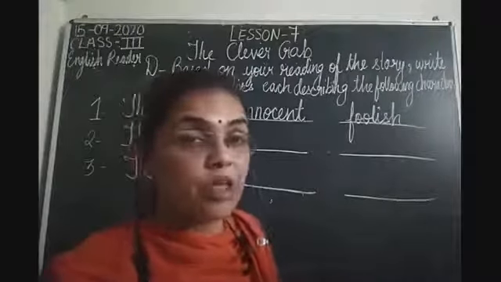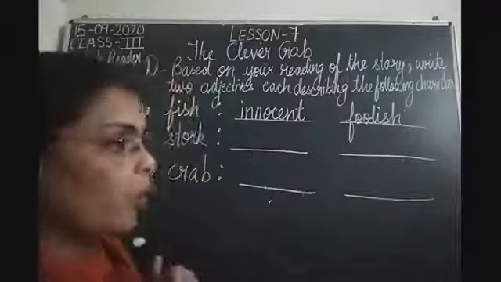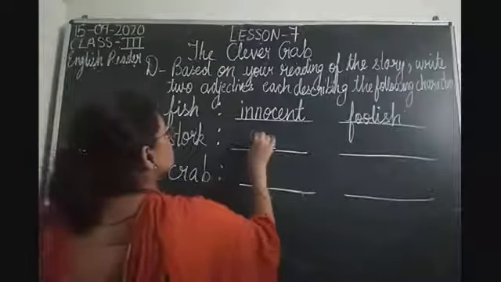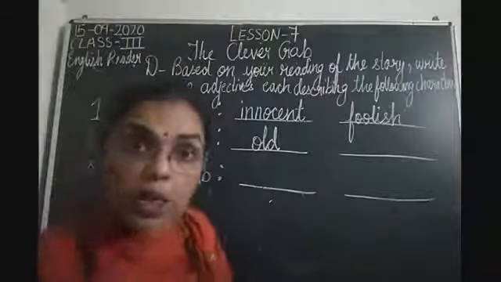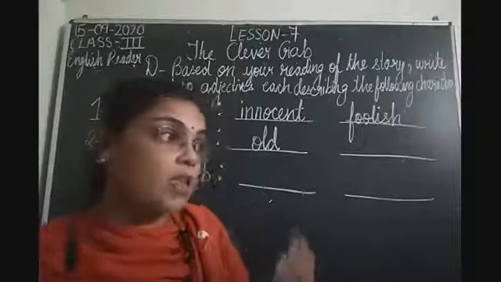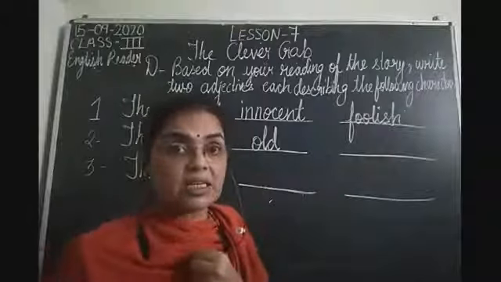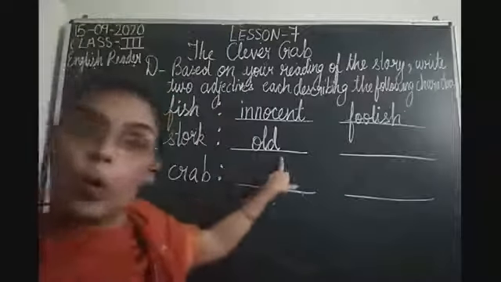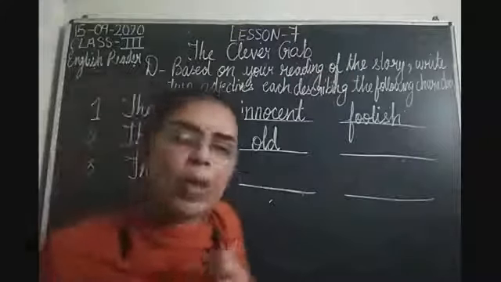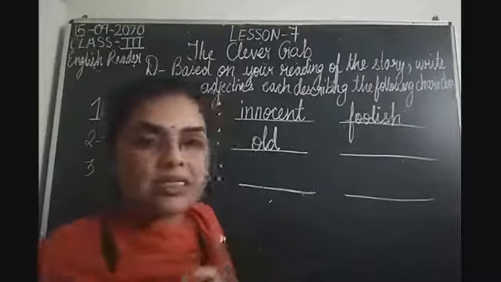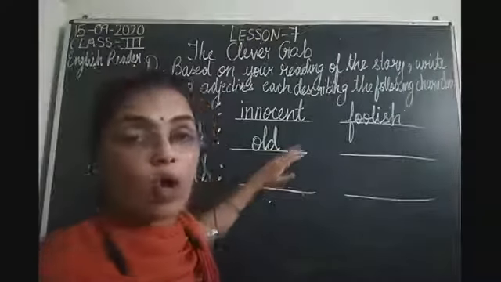स्टॉक सबसे पहले तो टाइम के साथ यंग से क्या हो गया था? ओल्ड। तो सबसे पहला वर्ड जो स्टॉक को डिस्क्राइब करता है वो क्या है? ओल्ड। ओल्ड हो गया था, अब वो फिश को कैच नहीं कर पा रहा था, तभी तो उसको आइडिया लगाना पड़ा कि मैं सारी फिश को कैसे खा सकता हूं। तो स्टॉक वॉज ओल्ड। एंड आप ओल्ड भी लिख सकते हो, स्टॉक क्रूअल भी था, आप क्रूअल भी लिख सकते हो, बस उसको फिश के ऊपर बिल्कुल दया नहीं आई।